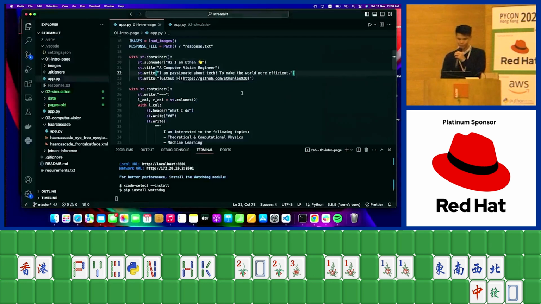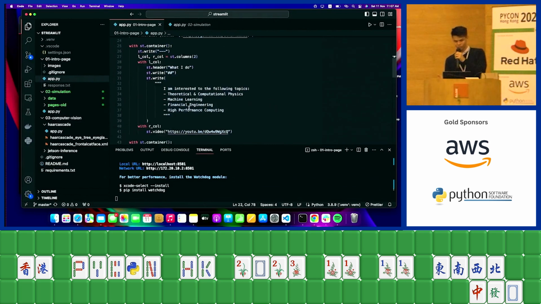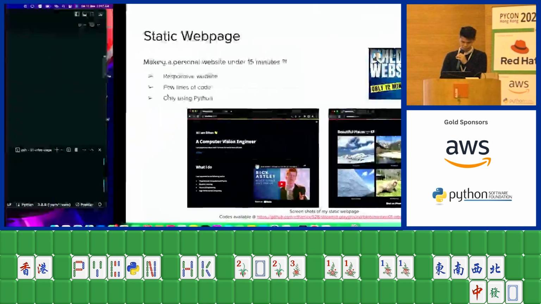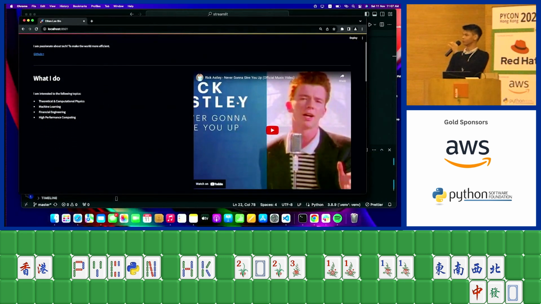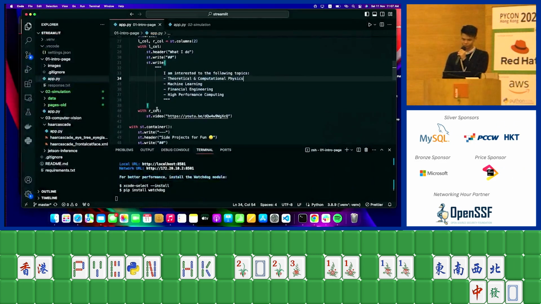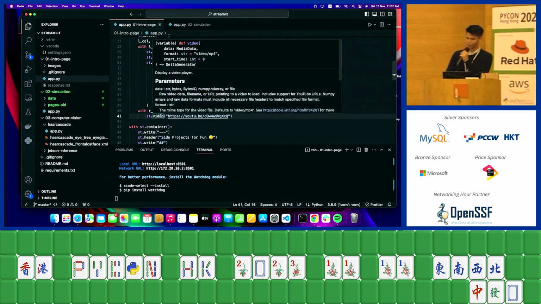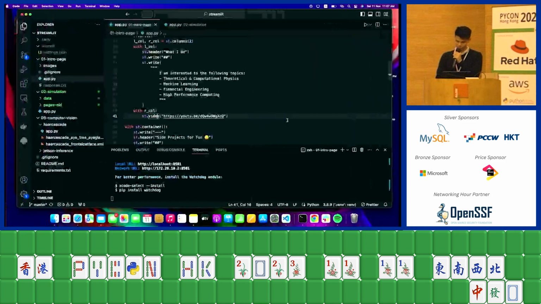The next important concept is columns. This helps you to split your container, split your space into n portions, and helps you to lay out your website. For example here, I have a left column and a right column. The left column will be some text, and the right column will be video. Streamlit allows you to take in different types of videos. For example, you can have a video file, a YouTube link, or a list of NumPy arrays. And the video is playable,